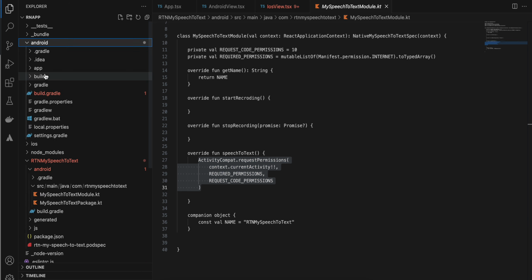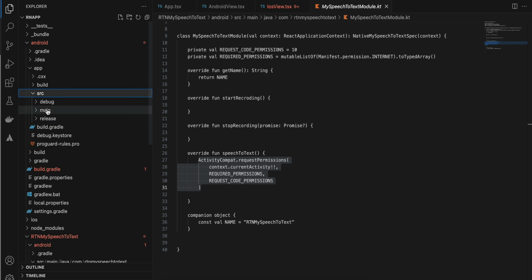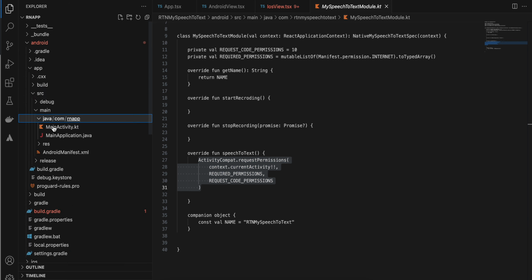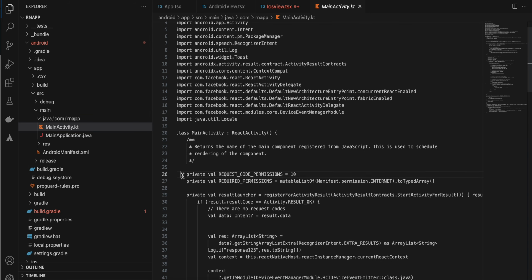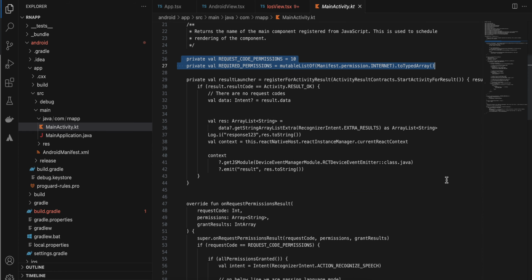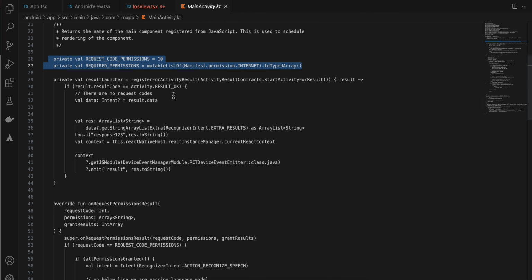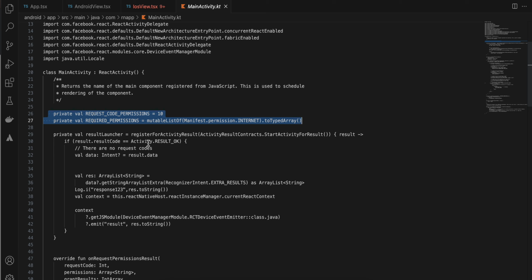So I will go to Android, app src main java MainActivity.kt, and here you can see I have written the same code for internet permission. And why I was writing this code inside the main activity is because of this registerForActivityResult. It is very difficult to write this inside turbo modules. I have also raised this issue multiple times inside the React Native GitHub repo, and I couldn't find any suitable answer for it. So yeah,